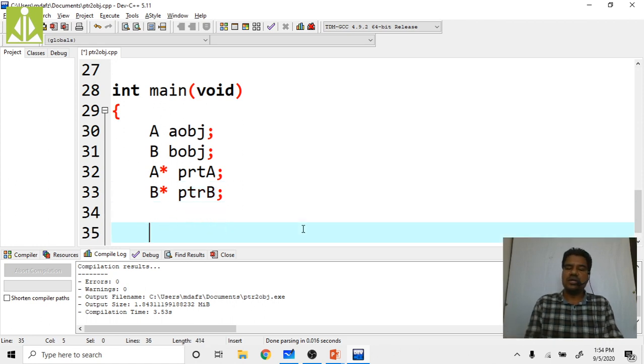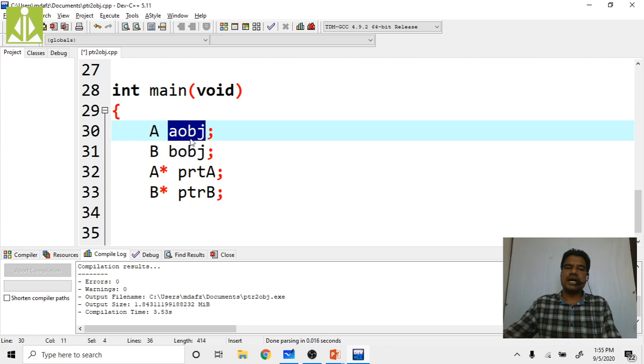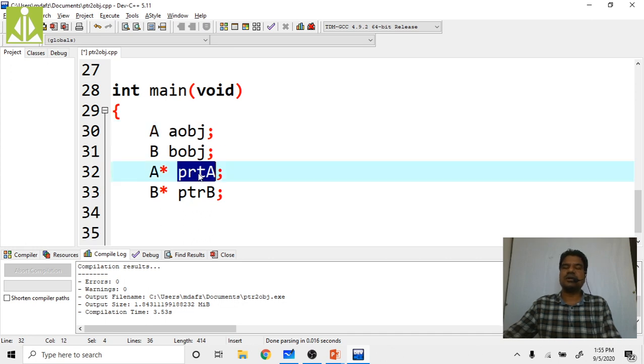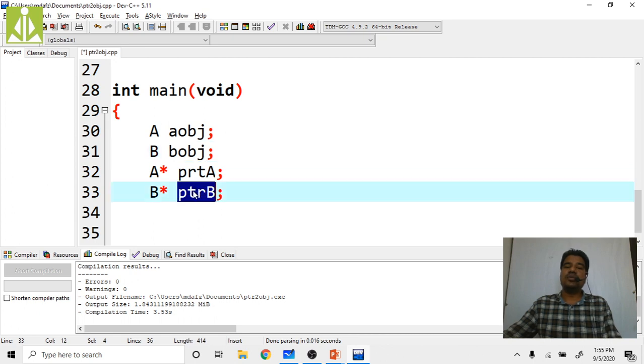So now that same explanation. Initializing AOBJ's address to ptr A is the concept like pointer to object. Initializing BOBJ to ptr B is the same pointer to object concept.